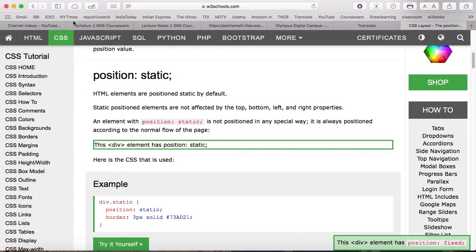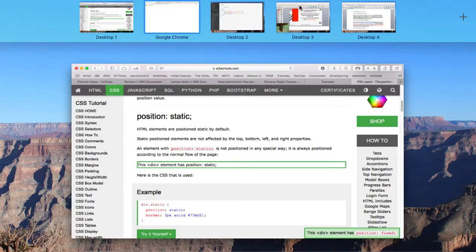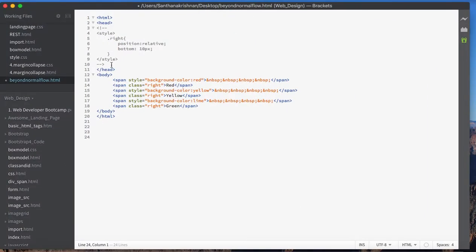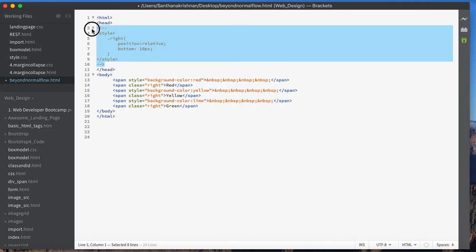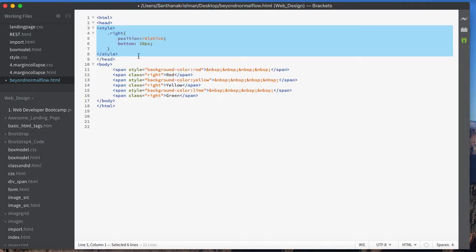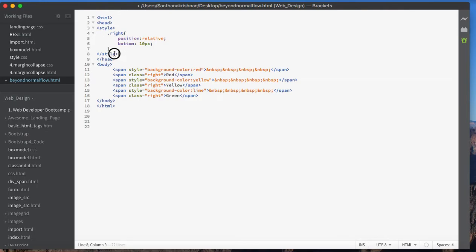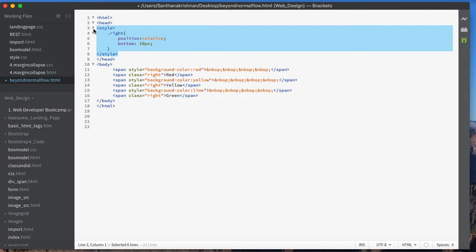Now let's go and find that code. Let's define this style. I am going to uncomment this one and see what's here in right. This is a class, so the class should be prefixed by a dot. This is the way of defining the CSS. Here I am defining it with an embedded style sheet, or internal style sheet. I didn't write this CSS in a separate file, so I am doing it internally.